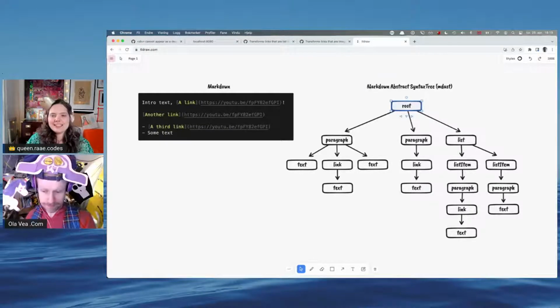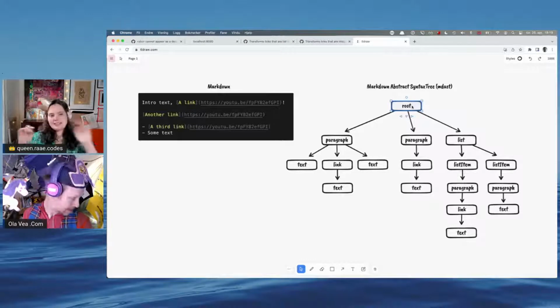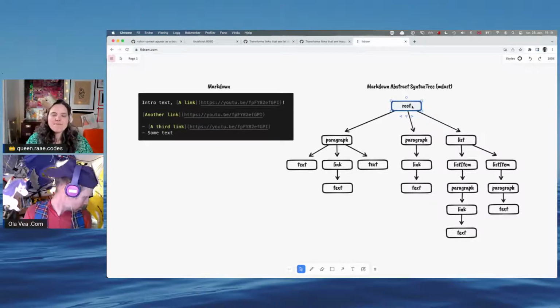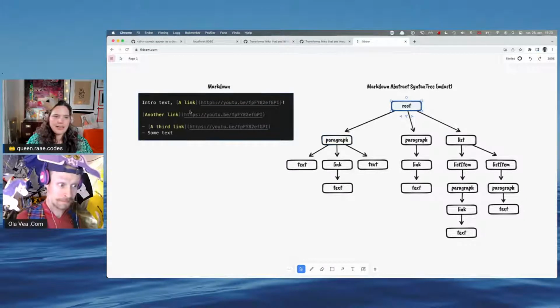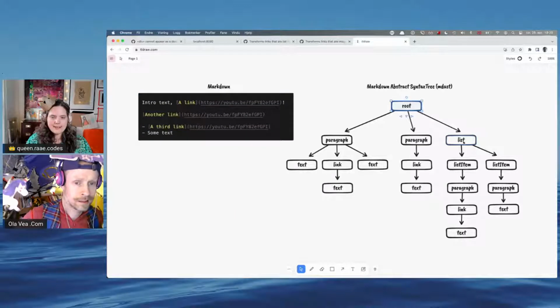Okay. So we start with the root just to have something connected. You could say that's the file, or the root. And then each of these lines is its own node. So this first line is a paragraph, this second line is a paragraph, and these third and fourth lines together form a list.